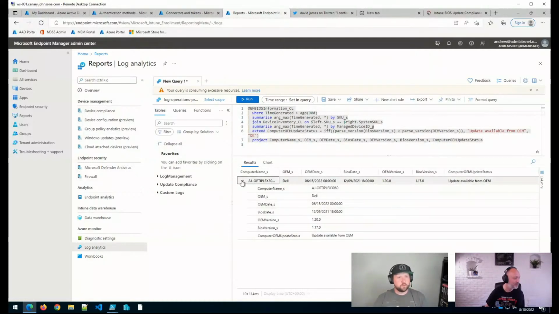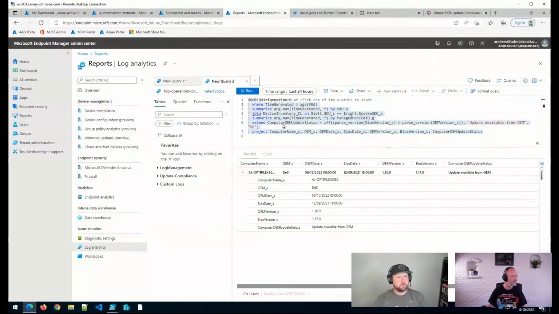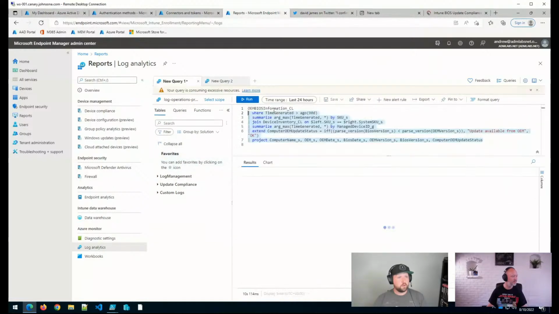So basically what this query is doing is taking information from the BIOS solution plus their custom inventory script, joining them together to give you this data. If I copy this off, you can see, let's run another query here.